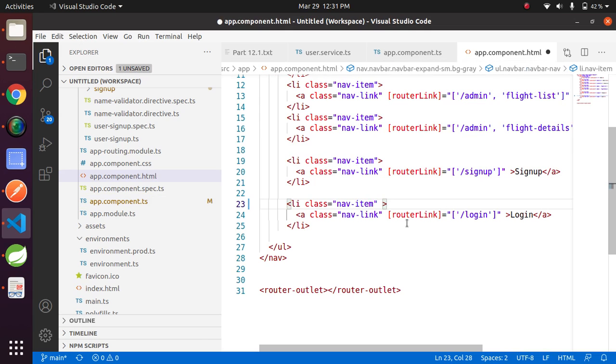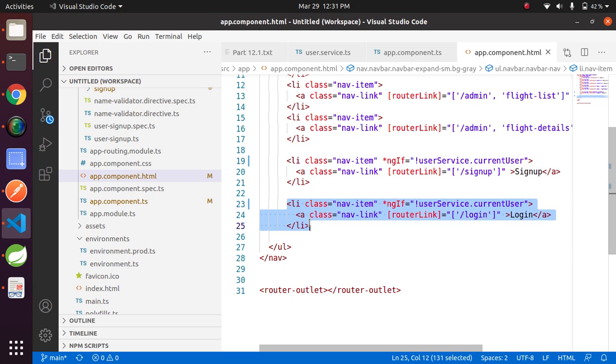We need to show login only when user is not logged in. This means if user is not logged in, then show the login, else not. Similar condition we need to add for the sign up as well.